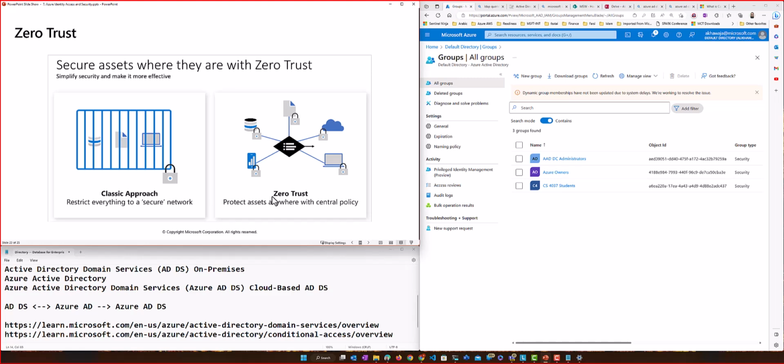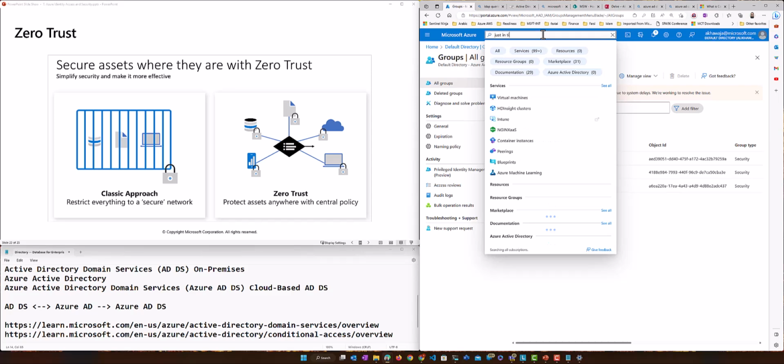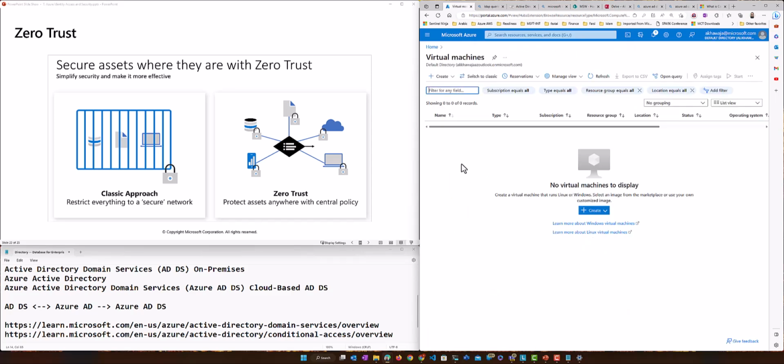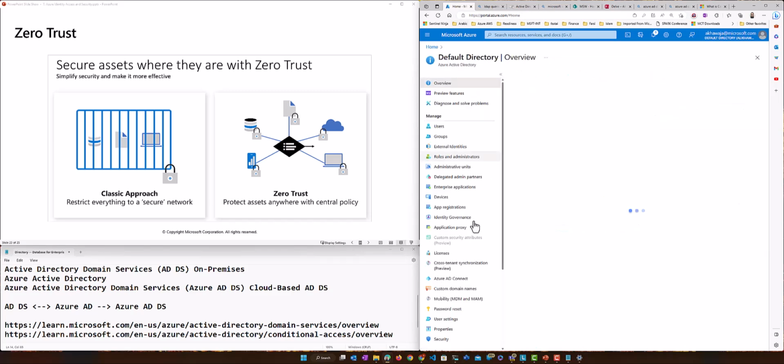So this is what you want to do. Also, if anybody needs rights for a small period of time, give them those rights for a small period of time, not for all the time, right? So you have very specific rules and responsibility. Let me see just in time. You can see also in virtual machines, I want to show you something. Right, it's an Active Directory also.